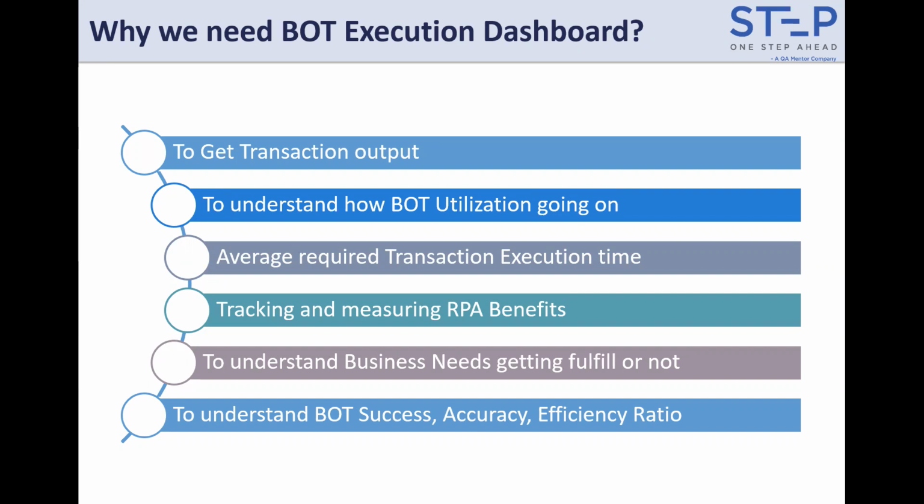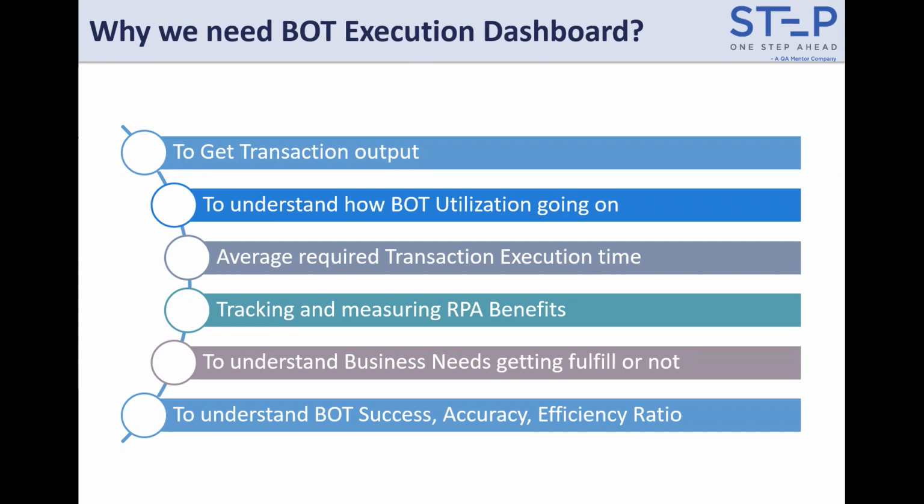Only then can you achieve more and more accuracy and efficiency of the bot, and the bot success ratio will increase. That's why we need bot execution metrics and dashboards, and your business can also track whatever RPA benefits they are looking for, and whether, after the implementation, they are getting the same benefits with FTE